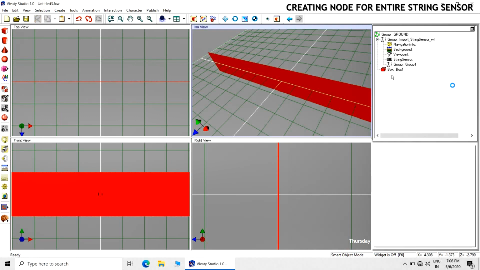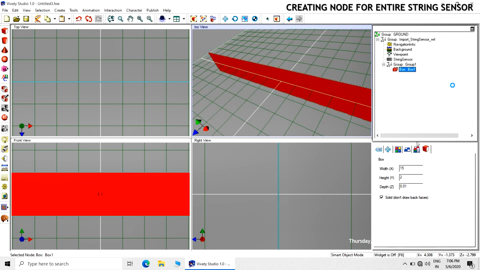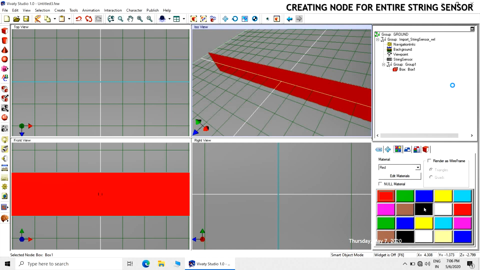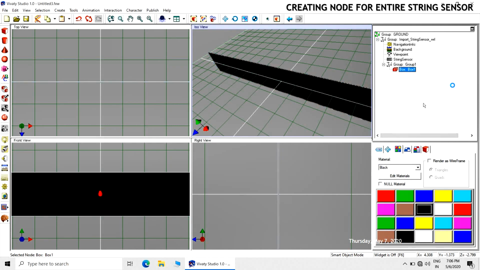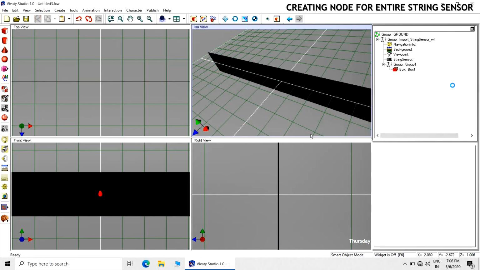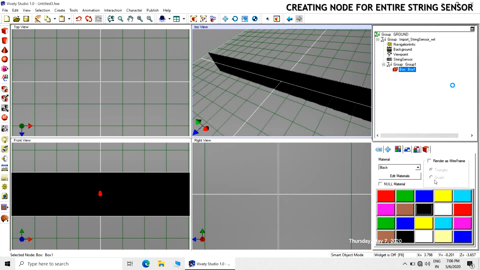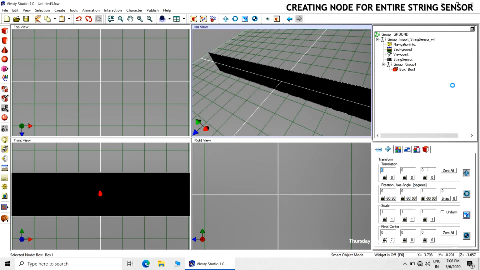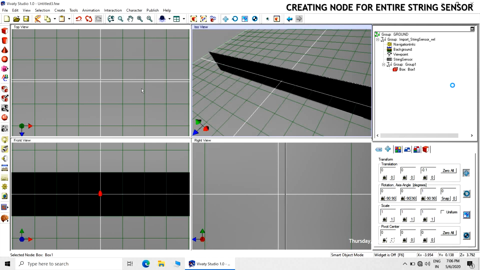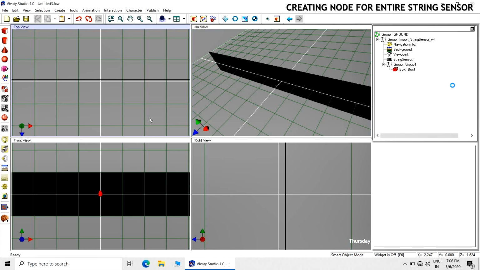We can change the color of the box also. Instead of black, if you take a yellowish color, then there will be good contrast. Yellowish will be the perfect color. Bring this box somewhat backward.